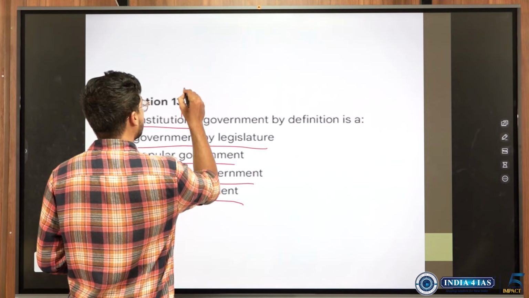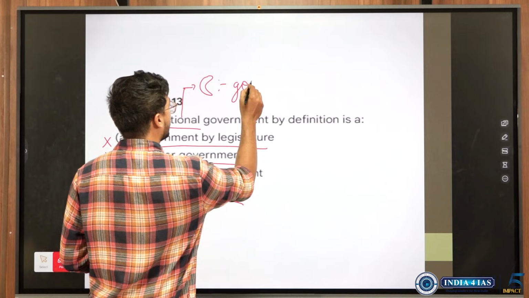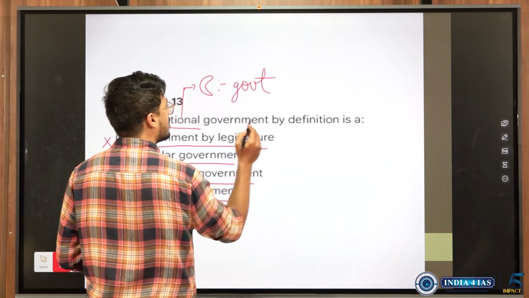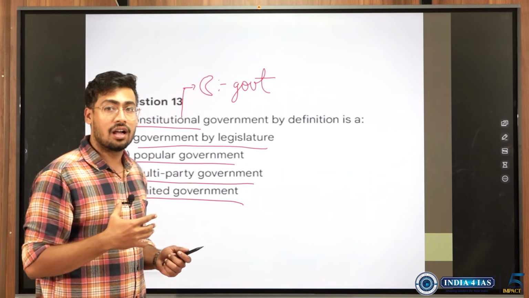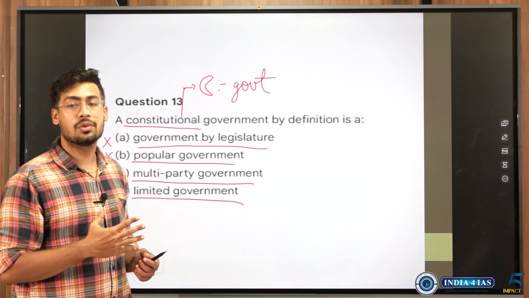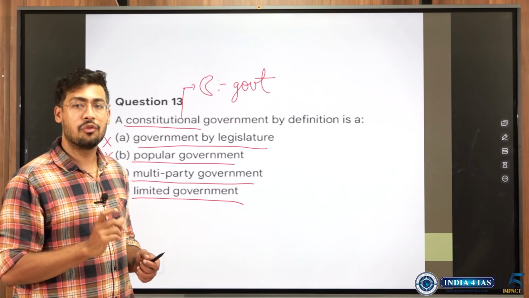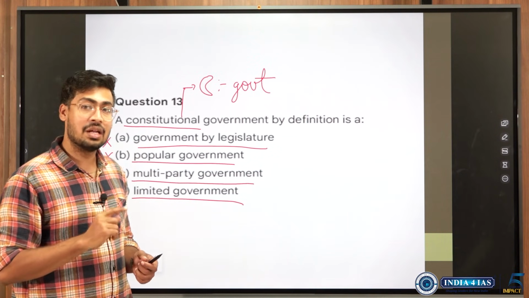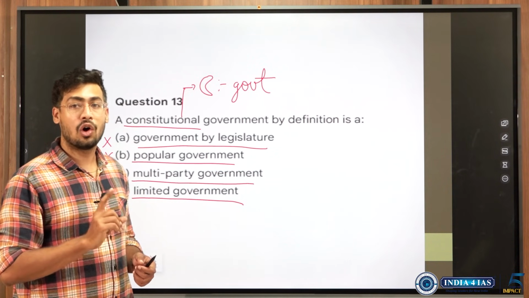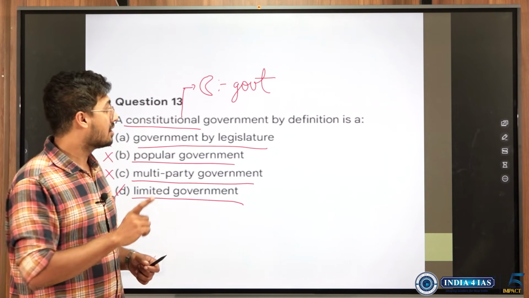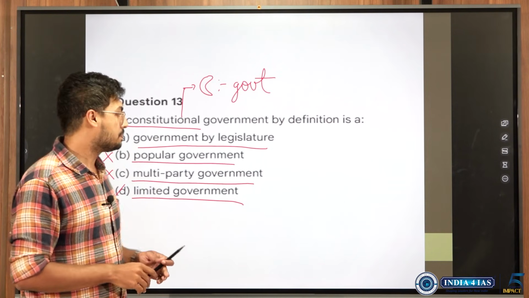Constitutional government in the sense there is a constitution which will limit the government's power to make laws, to exercise power. So the power of the government is restricted by the constitution. It is needed for any country to function, to prevent the over exercise of power by the government. So if the constitution is written, if there is an independent judiciary to enforce the written constitution, if the constitution is rigid, all these provisions ensure that the government of the day does not exercise arbitrary power or excessive power.